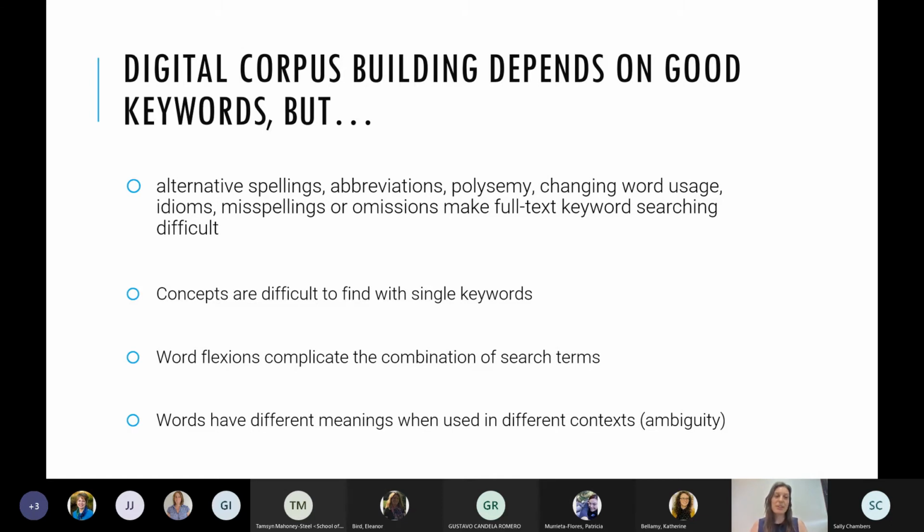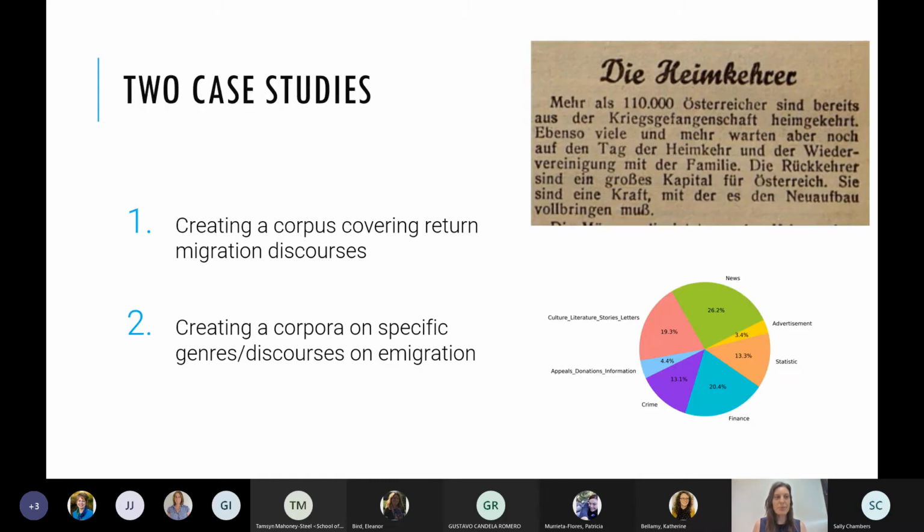And the last problem is actually the ambiguity. So words can have different meanings when they are used in different contexts. So there's quite a lot of words that have different meanings in different contexts. So it does not mean that one word in this context means the same in the other context. These are some of the problems which I am going into now, actually trying to show with my case